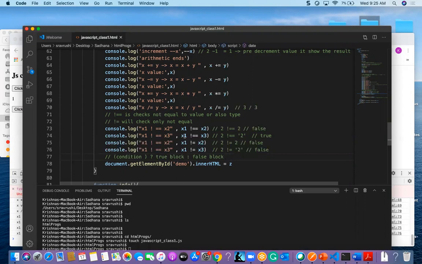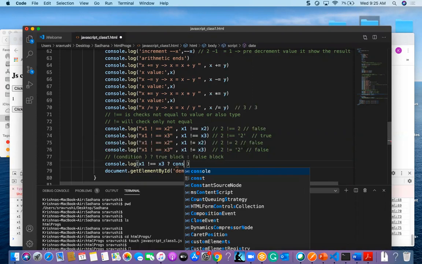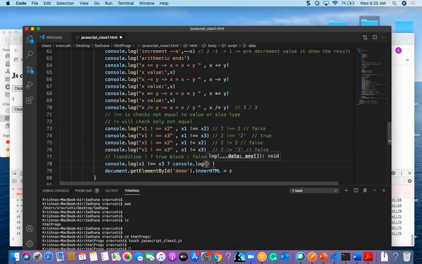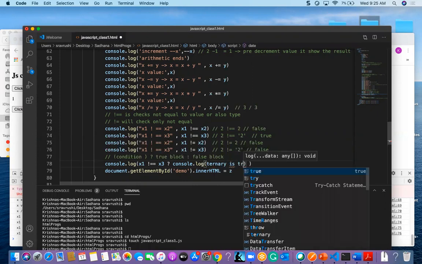So let us think here the condition is true in this case. I am going to execute console.log. Here I am going to mention some condition, and if this condition is true, then it prints ternary is true.